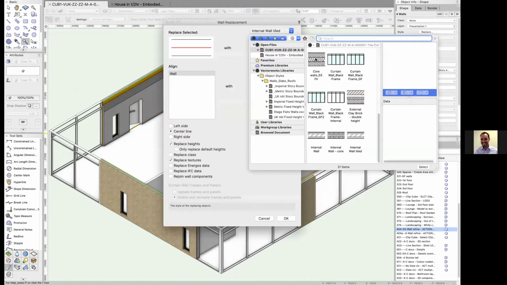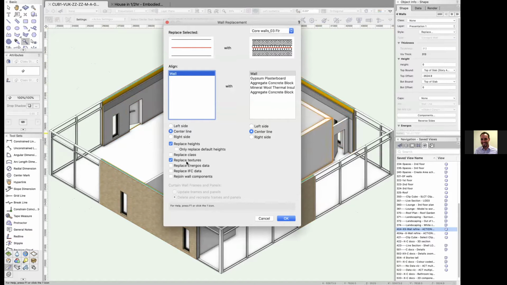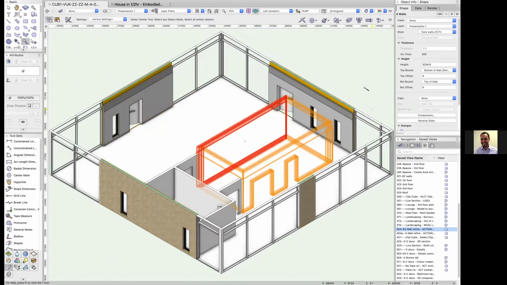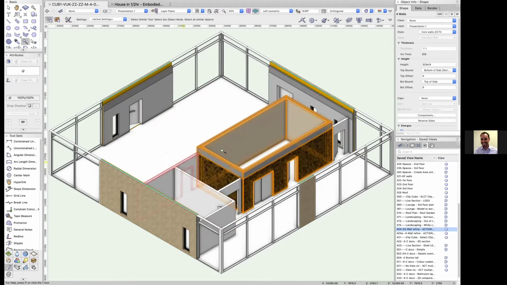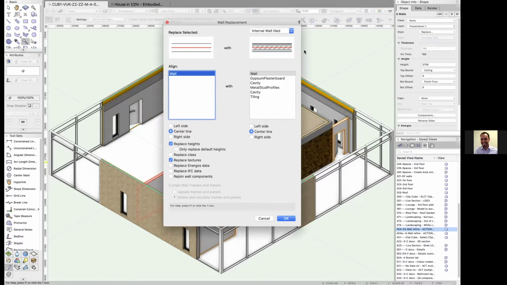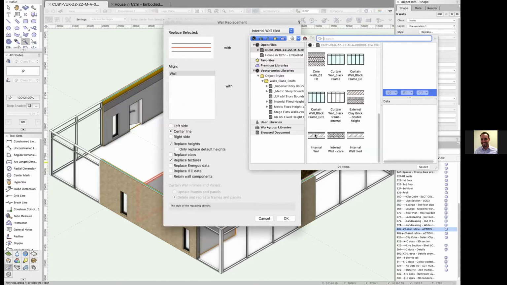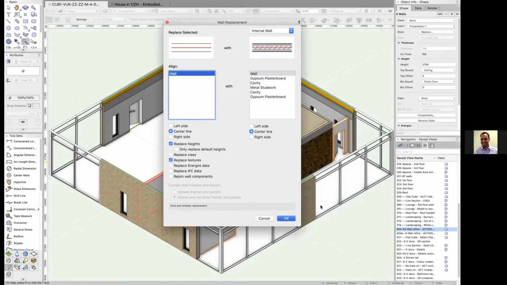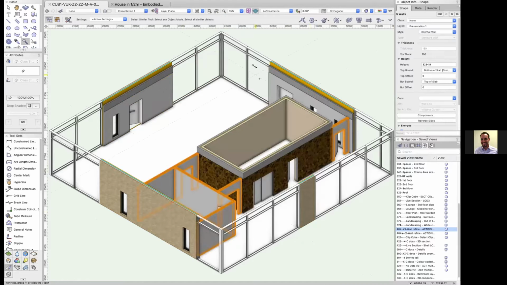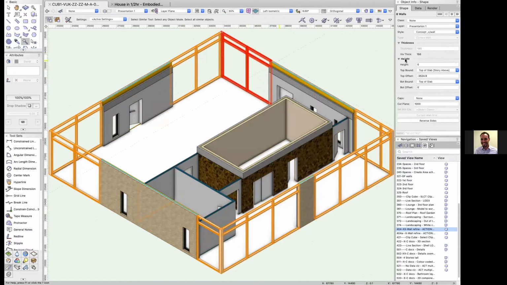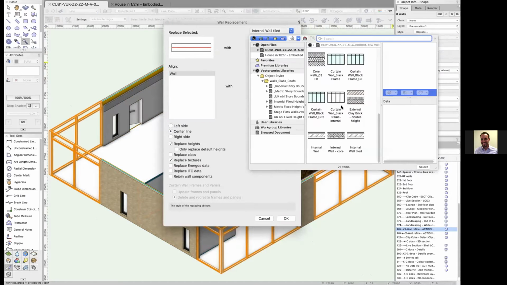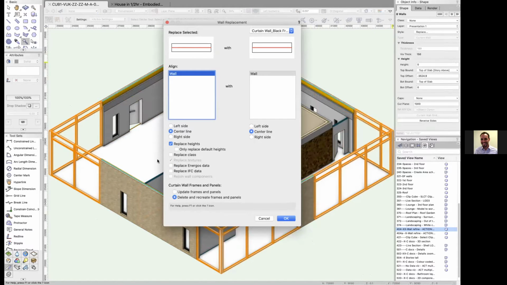So you can use these from, for example, Vectorworks libraries, but while you do this, in many projects, you will start building your own office libraries, so you can reuse walls from older projects and so on. I'm going to replace the curtain walls as well,